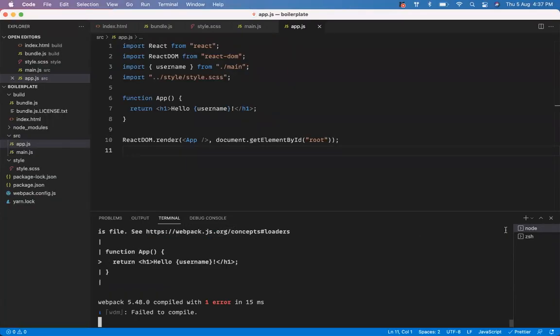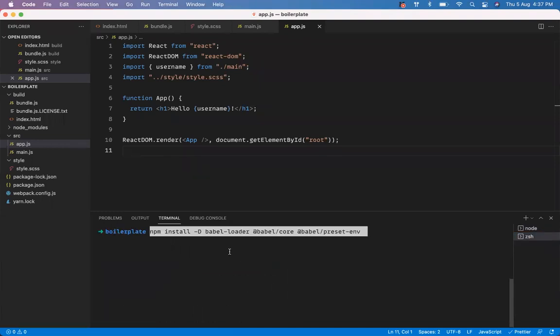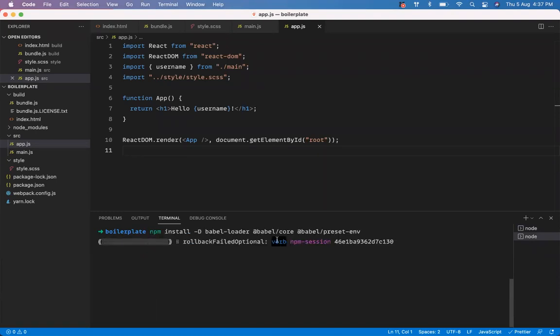So here, if you come back, I'm just going to install these all. So I'm just going to paste it. The thing that we're installing right now is Babel loader, similar to Sass, CSS, and style loader. This is what is going to help Webpack load this Babel code. Then you have Babel core. Babel core is responsible for the core feature of Babel, that is transpiling one code into another form of code. Then you have Babel preset env.